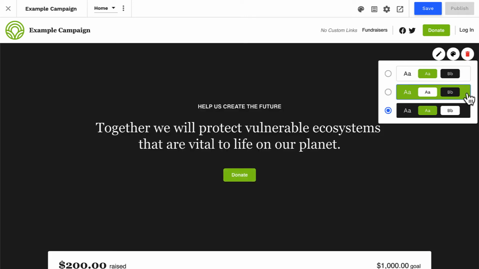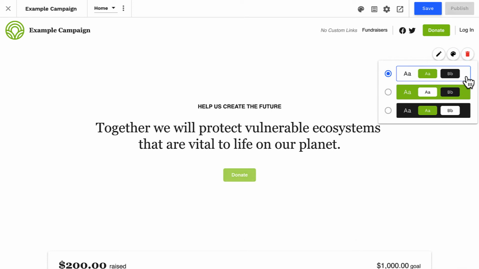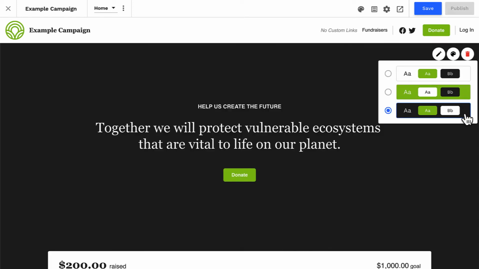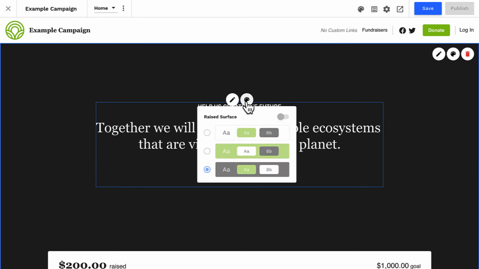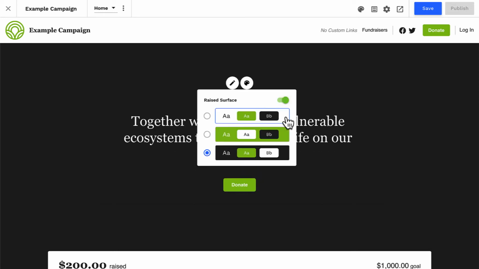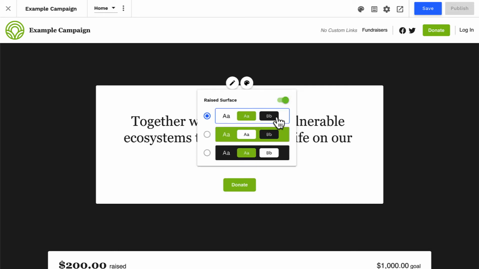This is how themes work. This simple feature enables you to build engaging pages that effectively highlight important content. All sections on your page will enable these theme settings. But wait, there's more. If we click into the content block for this section, we can further customize with our themes. To add a color theme to a content block, you'll first need to raise the surface and then select a theme variation that pops.